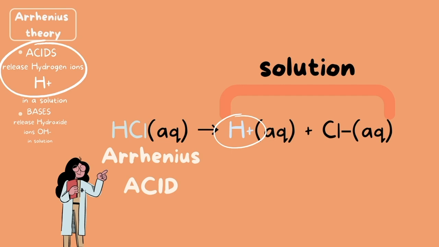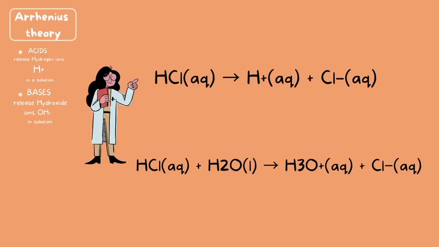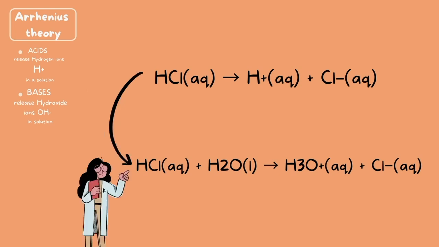in the solution. Okay, so I just want to touch on something just a tiny bit off topic, because this particular chemical equation is very important for your TEAS exam. On the top here, I have the exact equation that we just looked at in our example. HCl dissociates into hydrogen ions and chlorine ions. On the bottom, I have a more detailed chemical equation that includes H2O and H3O+. H3O+, by the way, is hydronium.